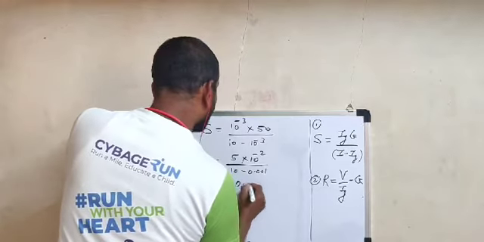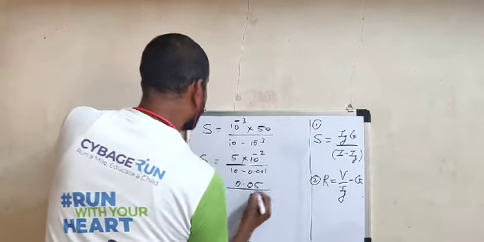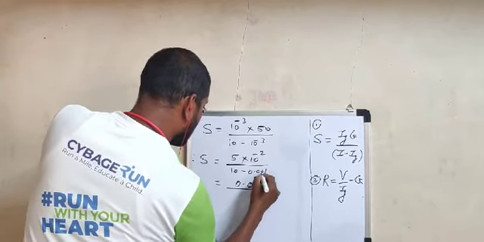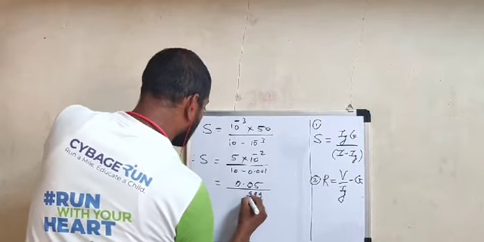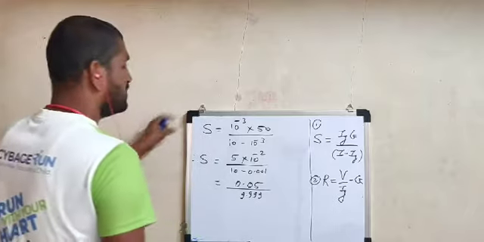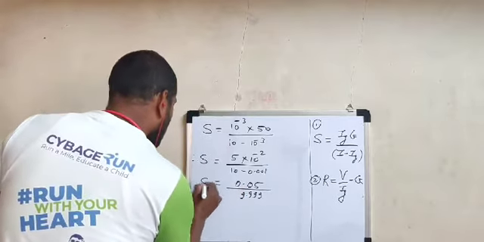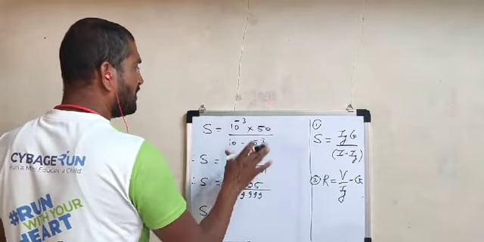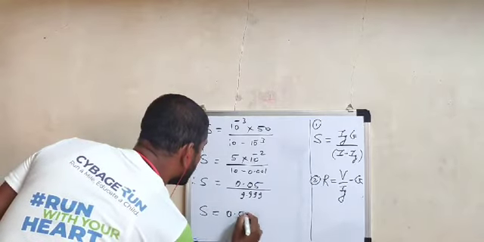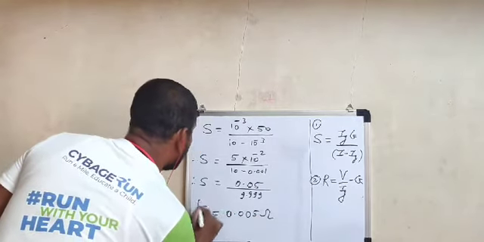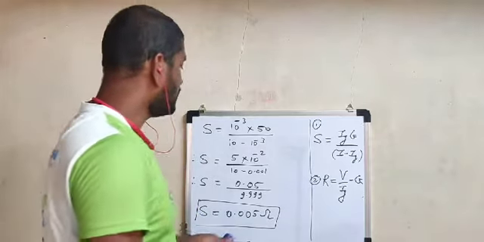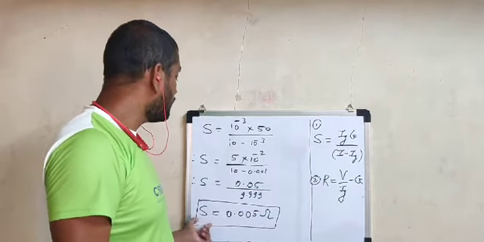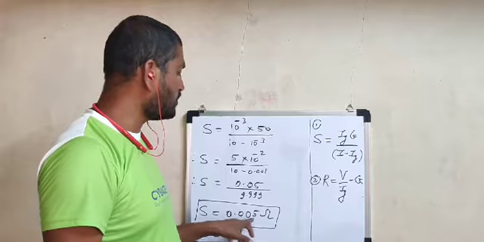So this is equal to 0.05 divided by 10 minus 0.001, which is 9.999. If you go through this ratio, then this value will be very close to, approximately I am taking, 5 into 10 raised to minus 3, means 0.005 ohm. This will be the approximate value of shunt necessary. You can go through this calculation by using logarithm: log of numerator minus log of denominator, then anti-log, and get this value very close to this. S is equal to 0.005 ohm.